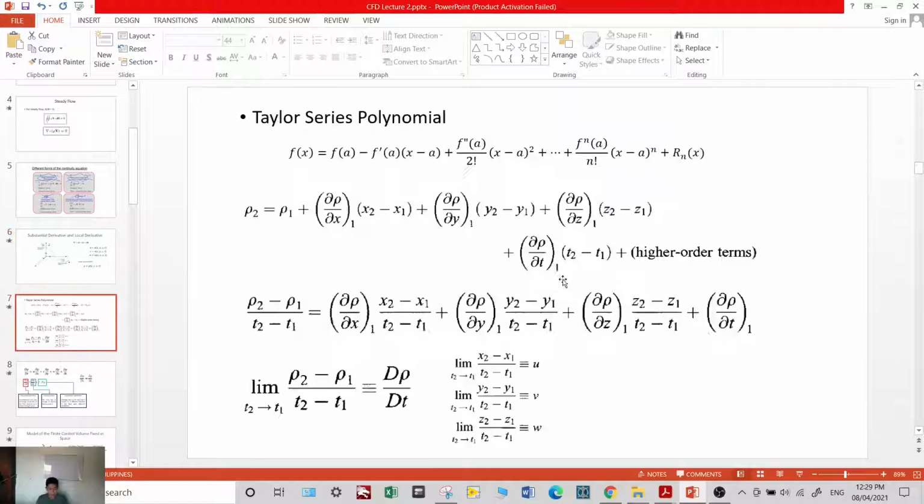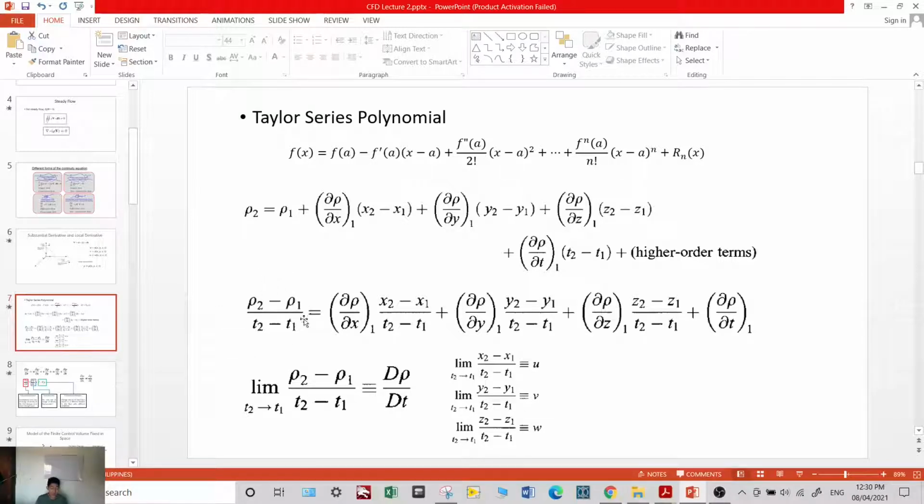Okay? Plus delta rho over delta y, partial of rho with respect to y times y2 minus y1 plus partial of rho with respect to z times z sub 2 minus z sub 1 plus partial of rho with respect to time t2 minus t1. Okay, so kung i-divide mo niyo siya og t2 minus t1 and then transpose mo niyo rho sub 1 diri, so kanimo makuha